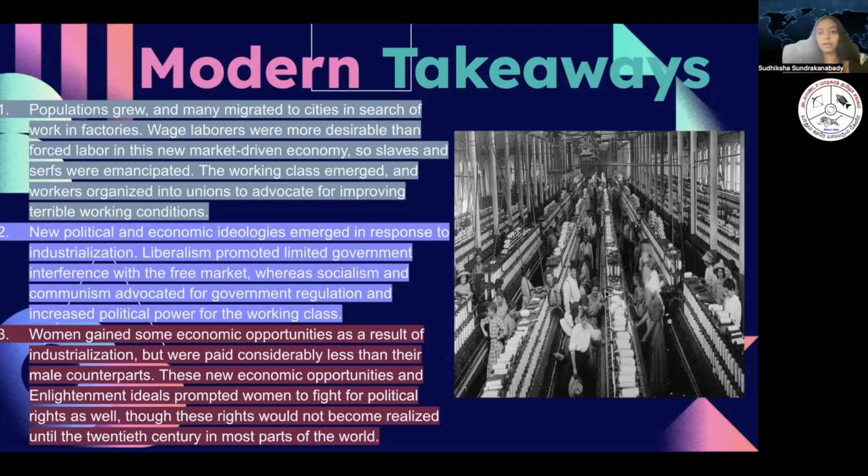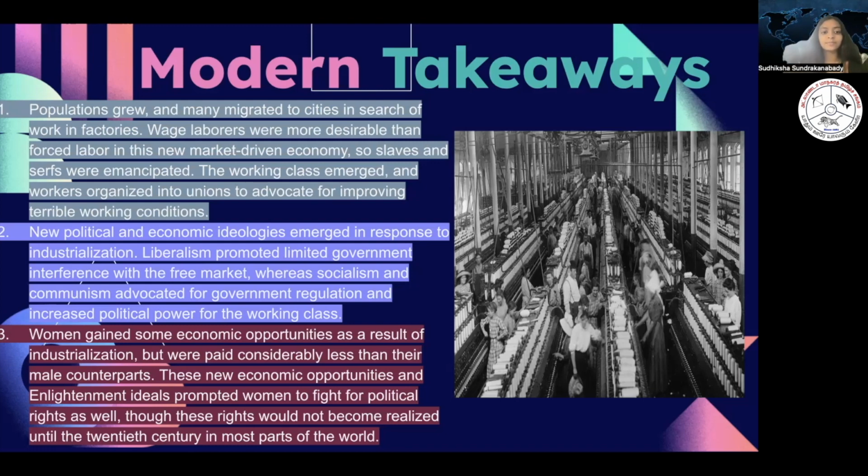So you can see this right here. And the workers organized into unions sometimes because you can see right here that they are working in terrible working conditions at this time. So they fought in unions to fight for improving conditions. Next up, we had new political and economic ideologies, which emerged in response to industrialization. So liberalism is when they promoted limited government interference, so the government should not interfere with how the free market is functioning. Then we have socialism and communism, which is the exact opposite. So this advocated for government regulation and interference in the way that the economy functioned, and increased political power for